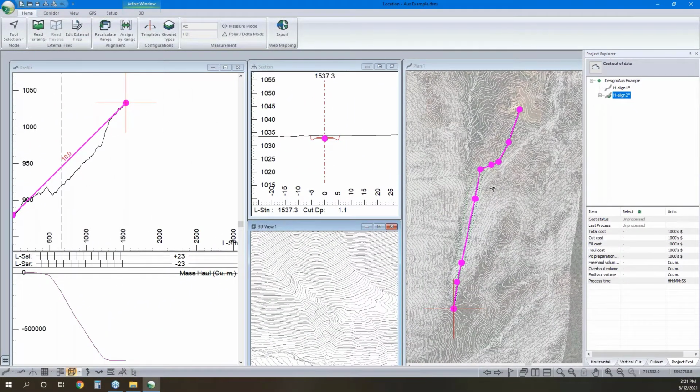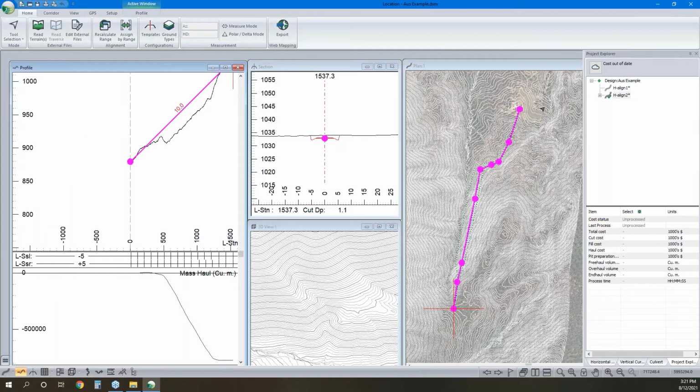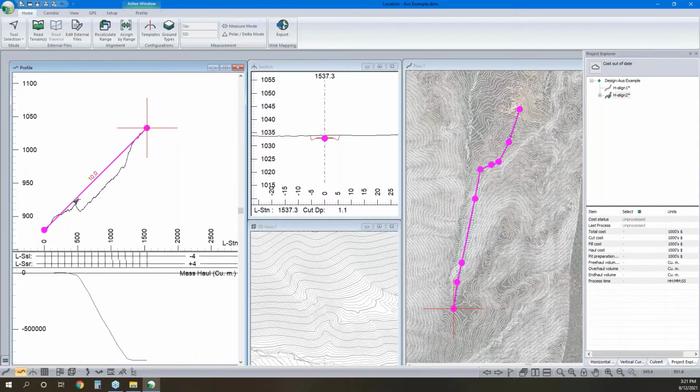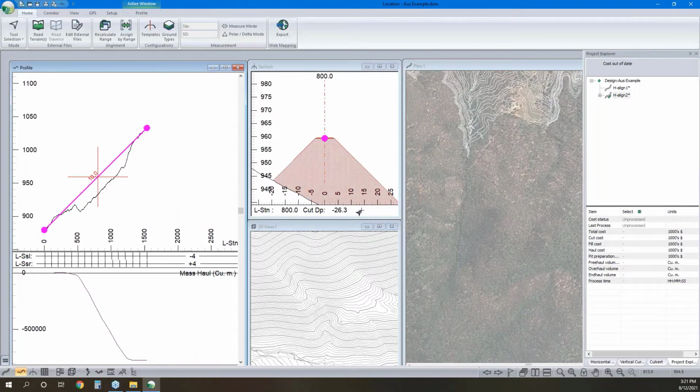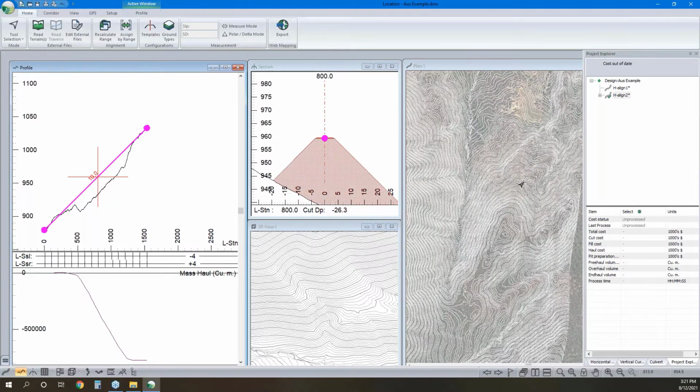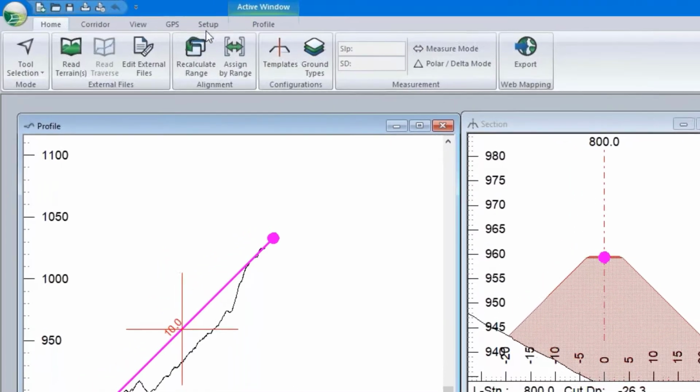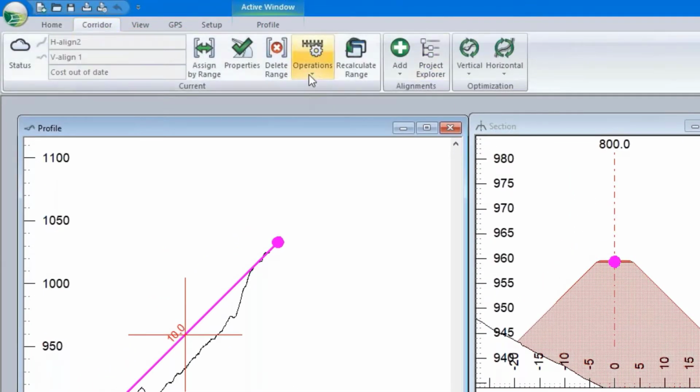So in this example, I've got a series of points in my plan view along our alignment. And I am nowhere near balancing. I've got this massive fill going up the slope. Rather than wiggling around my alignment and trying to follow the ground by hand, we can streamline that process by clicking corridor,